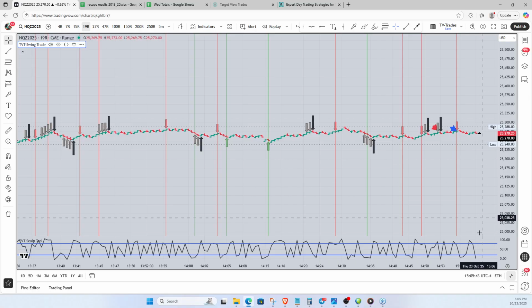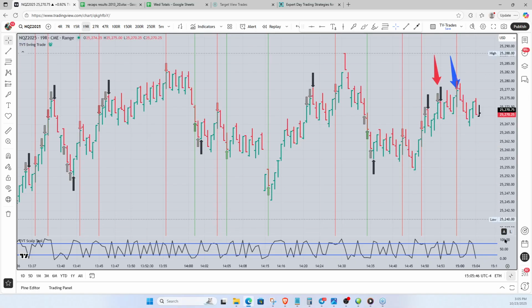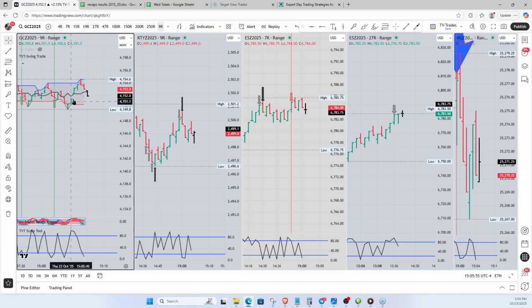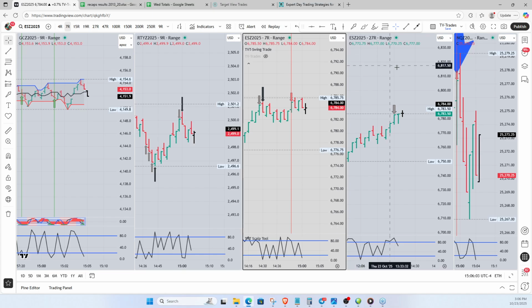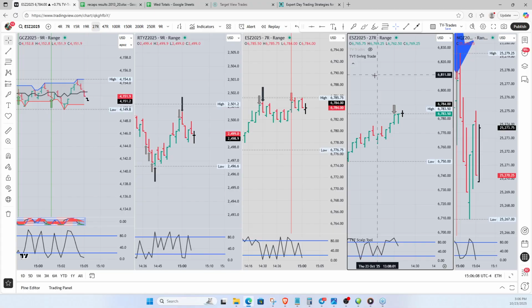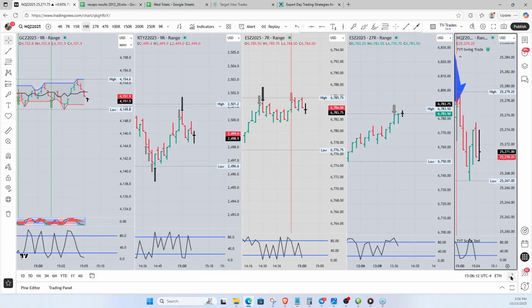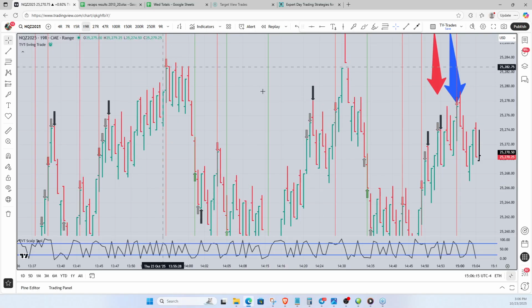Okay, let's jump back down here for a second and minimize this and see if we got anything else showing up on any of these other markets. Like over here on gold, we have the midpoint turned on, and it looks like we also have the scalp tool turned on gold, and the swing trade on there too. That's a 9 range on gold. We have a 9 range on the Russell. We have a 7 range on the ES and a 27 range on the ES. Alright. So I guess this one is that. Did I bring that back down to 19? I did. Okay.